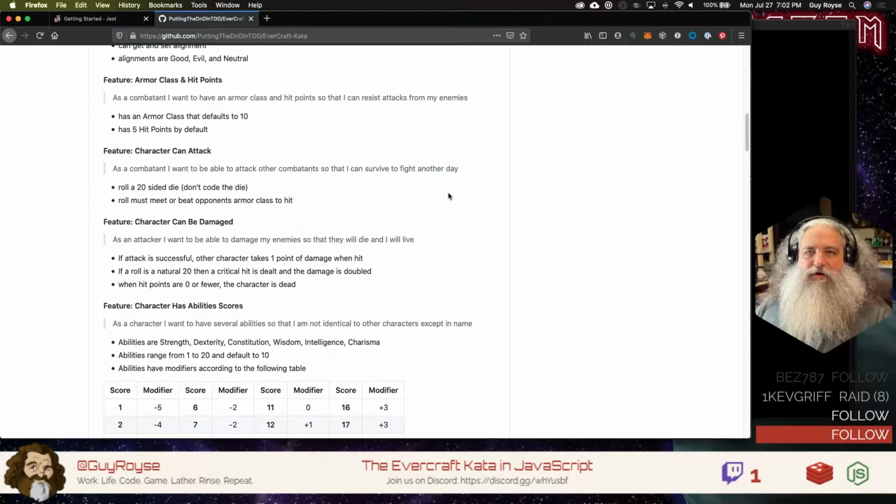The idea of the Evercraft Kata was to create something that's sort of like a bigger kata. When TDD was initially introduced to me, it was introduced like you did all these puny little exercises. You do bowling score, or FizzBuzz is the classic example, to learn that rhythm of test-driven development. You had FizzBuzz and the prime numbers kata and all these small exercises to teach you the rhythm of test-driven development,